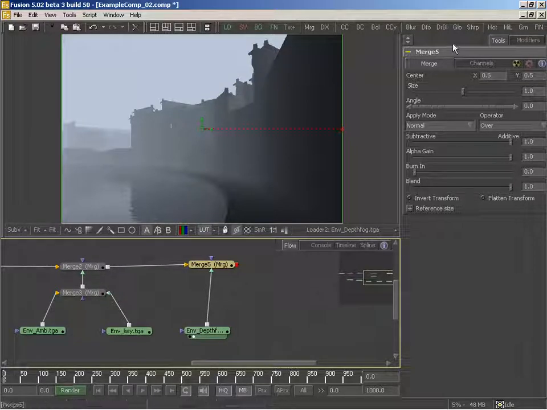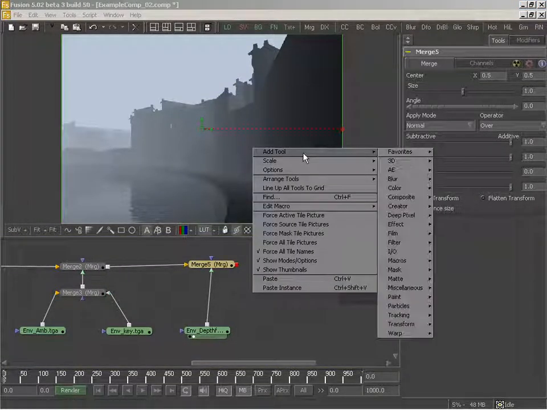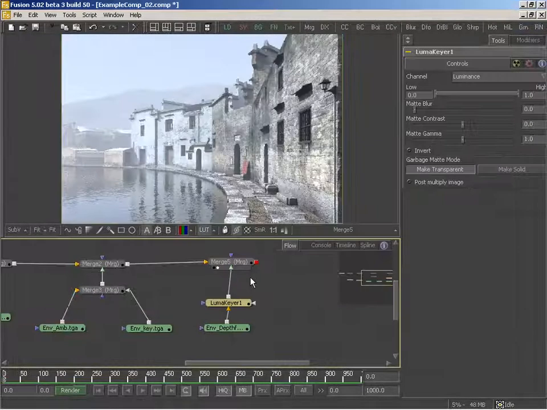So I'm going to come in here, add a tool, and choose the